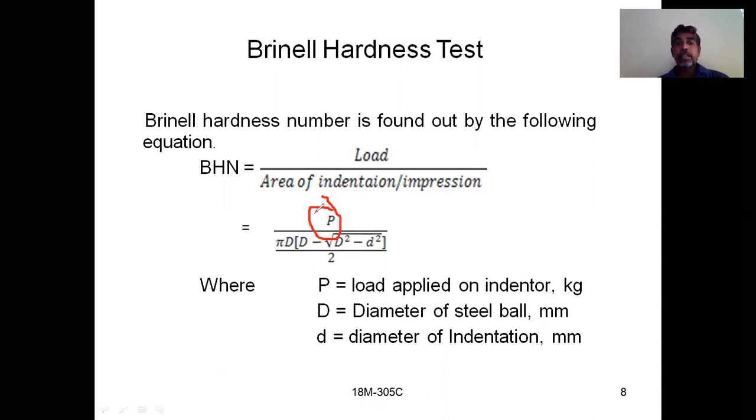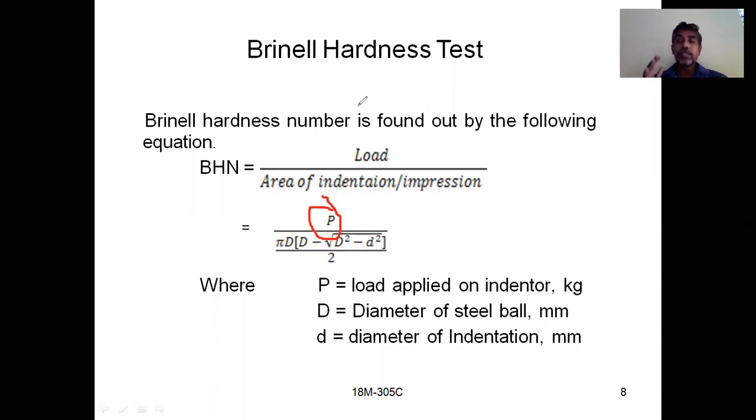Okay, so I am repeating here. What did we do in the Brinell hardness test? First we have to take the Brinell hardness test machine. In that, you have to take the specimen and place it onto the anvil, and you rotate the handwheel in such a way that the specimen along with your anvil is moved up such that it touches the steel ball indenter. When it is touching the steel ball indenter, you have to apply the required amount of load. When you apply the load, what will happen? The steel ball is forced against the specimen.